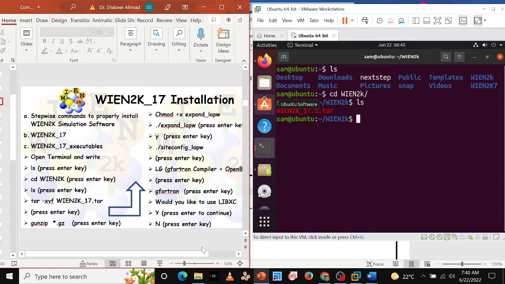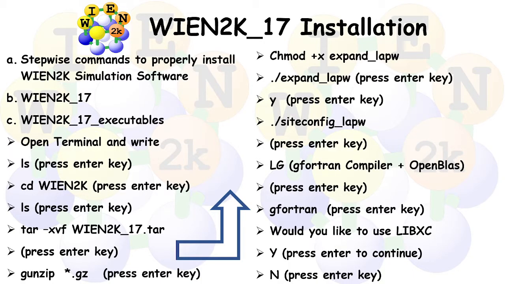So we will discuss WIEN2k installation. Previously I showed you WIEN2k version 7, but now the latest one, it is not actually the latest one, but 2017, version 17 and above, have a modified installation procedure. So WIEN2k is basically used for